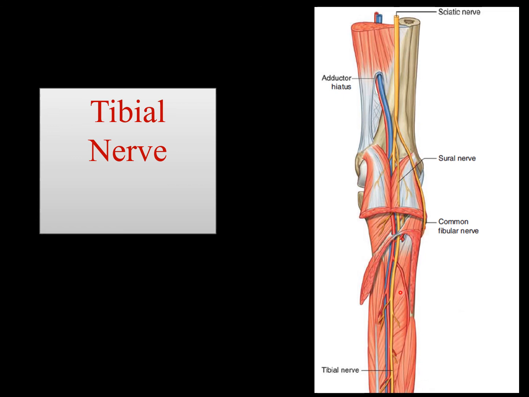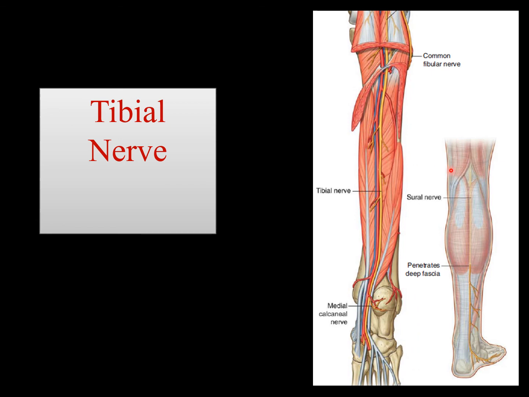And the tibial nerve moves down and it lies between the superficial and deep group of posterior compartment muscles and runs along with the artery as well as the vein and supplies the muscles. So here you can see the tibial nerve moving down and supplying the muscles of the posterior compartment. It runs in the middle of the superficial and deep group and passes below the flexor retinaculum and enters into the sole, and then it divides into further divisions that we will discuss later on when we talk about the muscles of the sole of the foot.